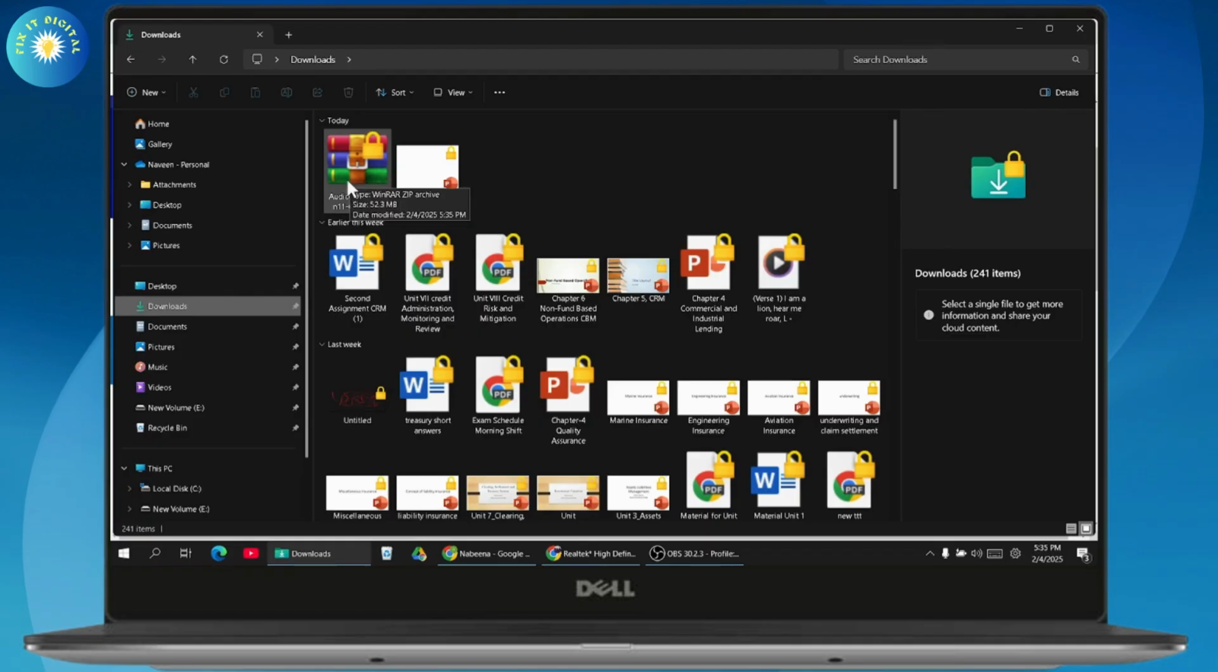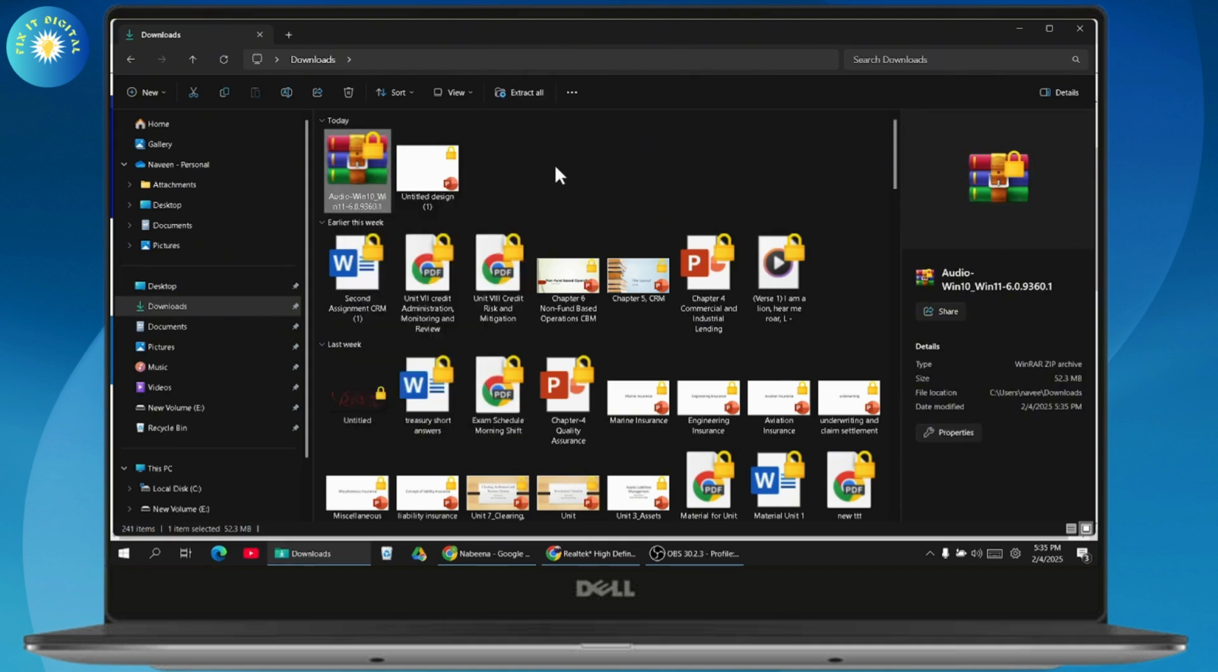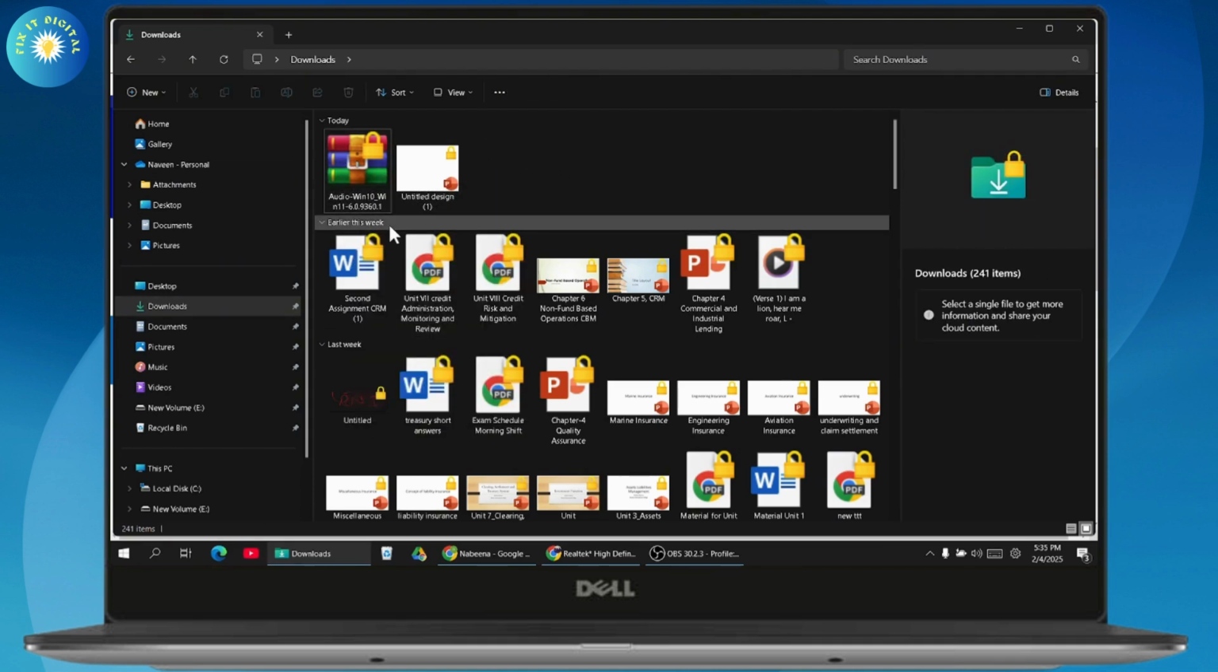So you just need to double click on the file and it will start the installing process, or just right click on it and you will have the extract option. Just go with Extract All. Once you've extracted, then it will start the installing process. So that's how you can install Realtek audio drivers